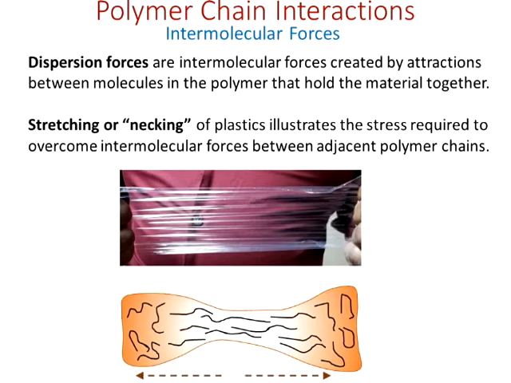When that happens, the polymer chains stretch out and release the energy. It frees the polymers to stretch out, and they overcome the dispersion forces so that they can form a neck in the polymer chain. So the necking of plastic illustrates the stress required to overcome these intermolecular forces, these hydrophobic forces, or van der Waals forces